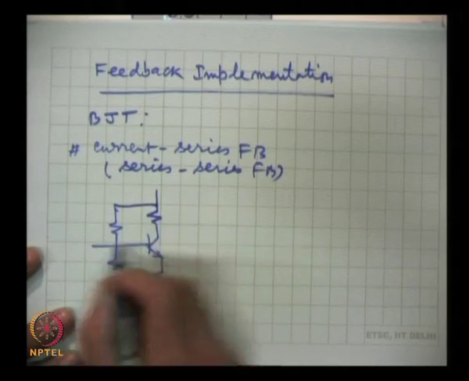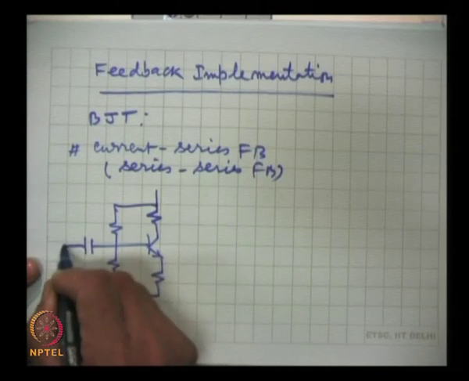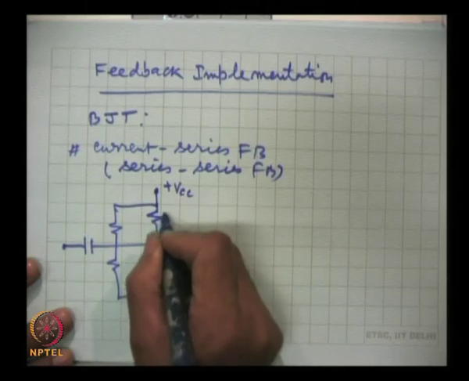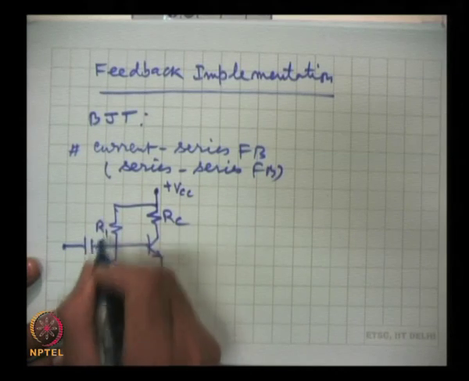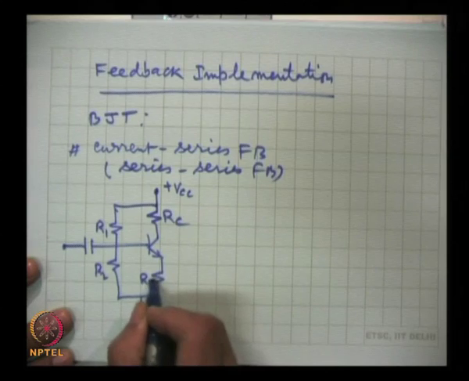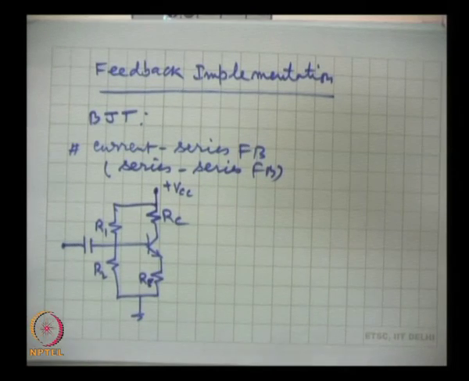This is the circuit. This is RC, R1, R2, RE. You remember this circuit when we talked about the biasing methods of a transistor. In an amplifier, the emitter junction has to be forward biased, collector junction has to be reverse biased,